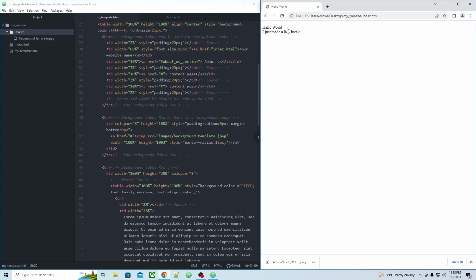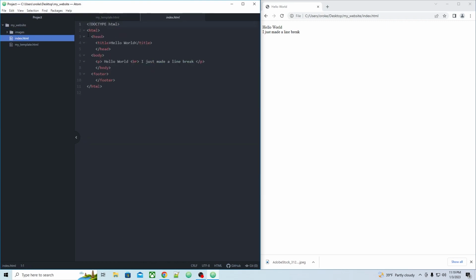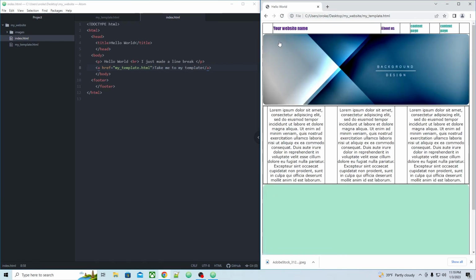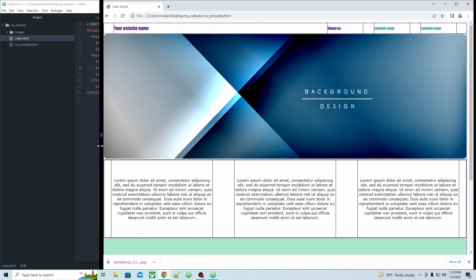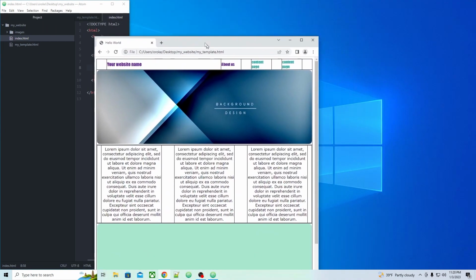Finally, I'm going to go to the home page and notice that it's still the same way we had it set up before. I'm not going to change anything. I'm just going to add an anchor reference to the template page and make sure it works properly, and it does. And from there we have just completed our